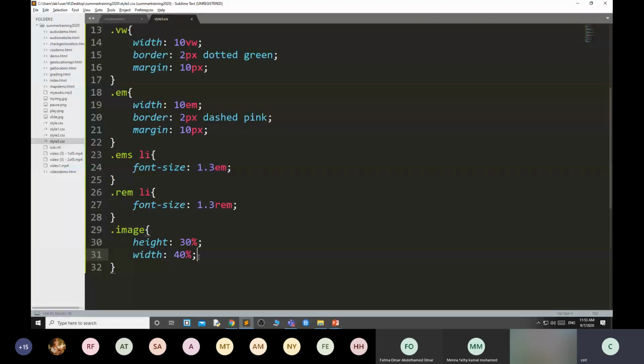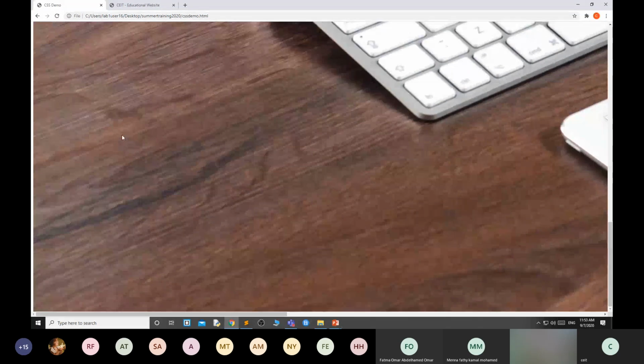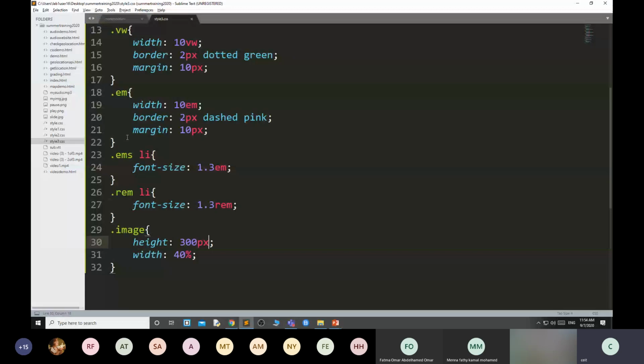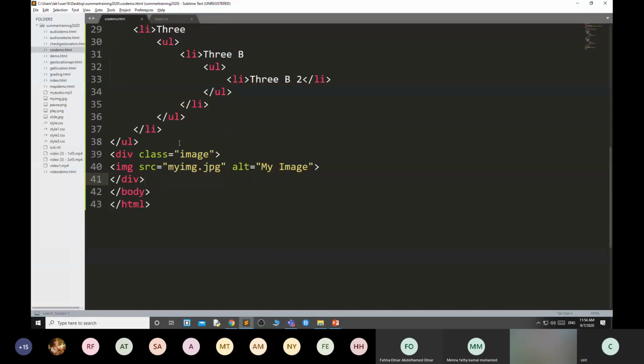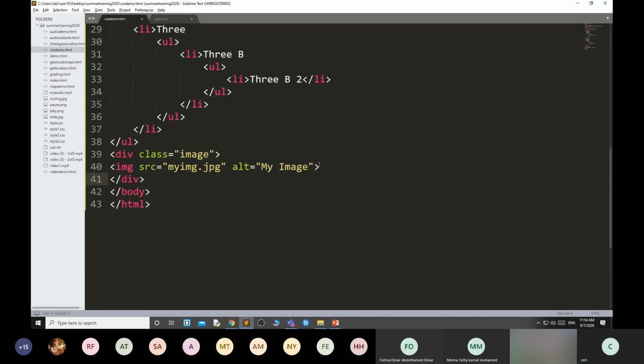Why is it not changed? Okay, height, suppose I am using 30 pixel, it is very small. 300 pixel, it becomes very large. Width 50%.